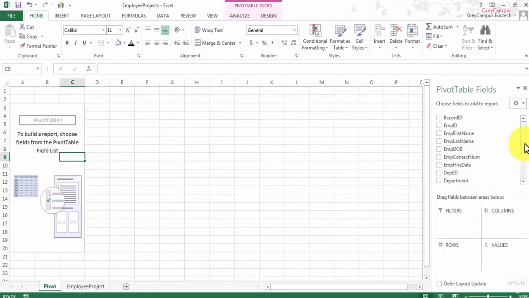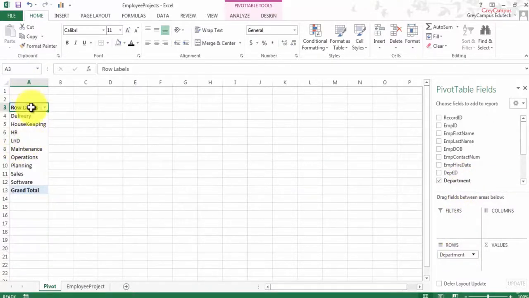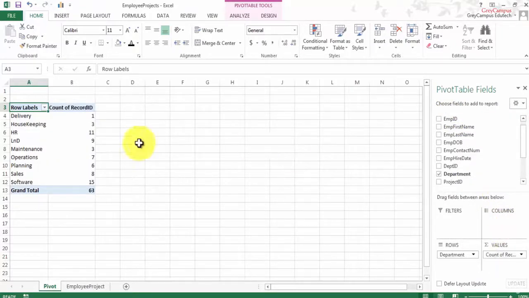Now we can simply drag and drop data into these quadrants to get some output. Let's say I just wanted to check how many departments are there, so I can simply bring it to the rows. So you can see that these are the departments that are available. Similarly, if I wanted to check how many people are currently working per department on projects, I can simply bring this particular record to values. So I can see that there are 63 records, and these all records are related to the number of people engaged in different projects from these departments. So this is a simple pivot table that you have brought in.